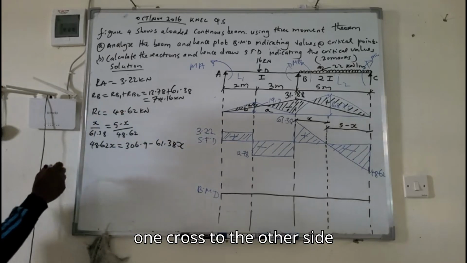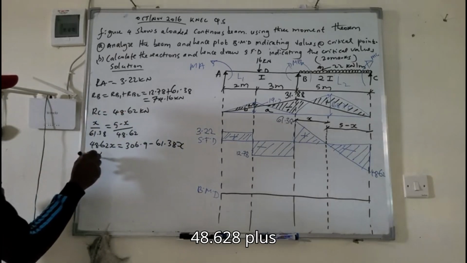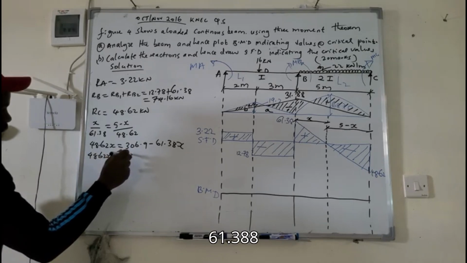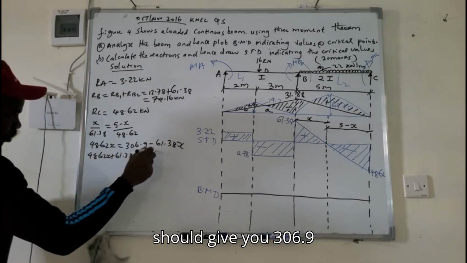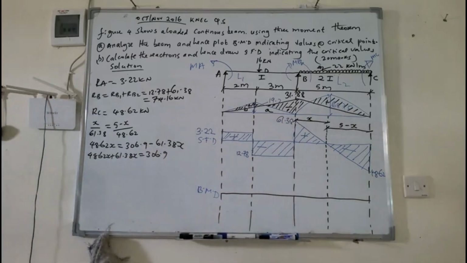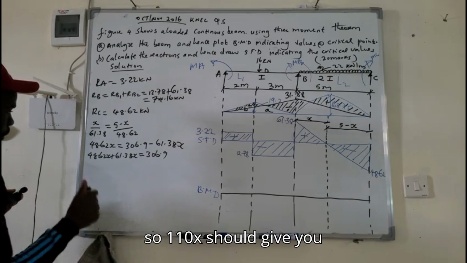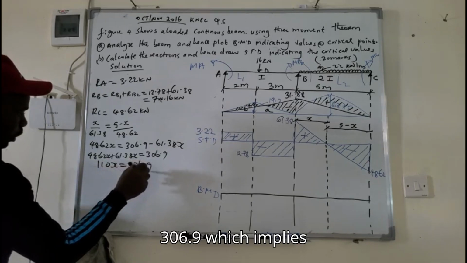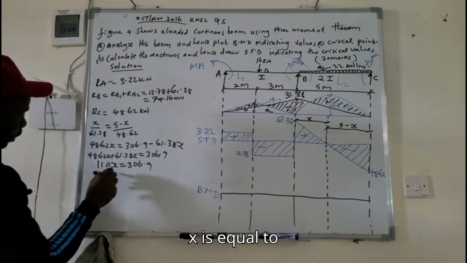This one crosses to the other side: 48.62x plus 61.38x should give you 306.9. Then 110x should give you 306.9, which implies x is equal to